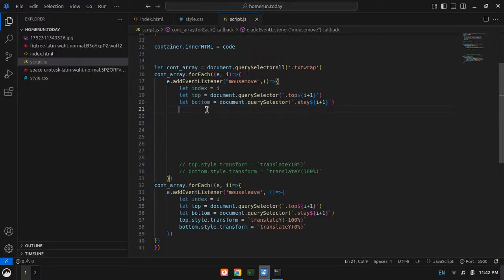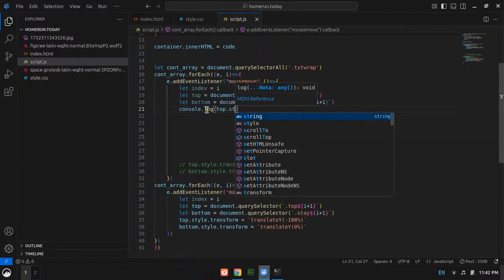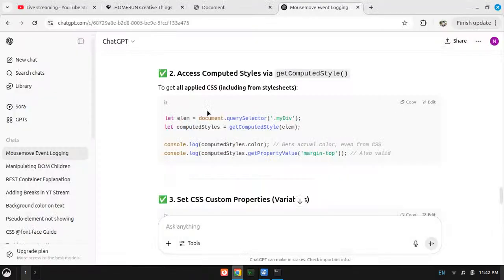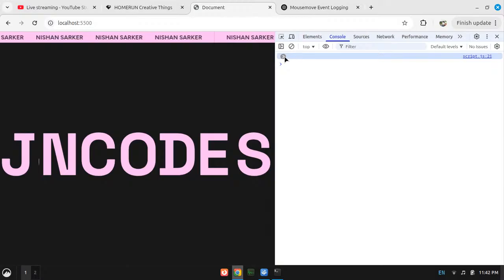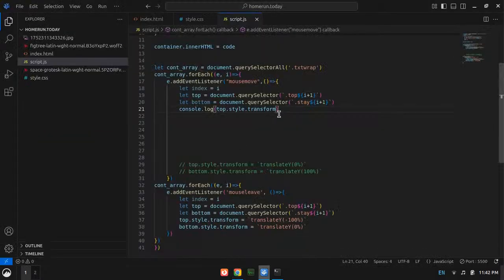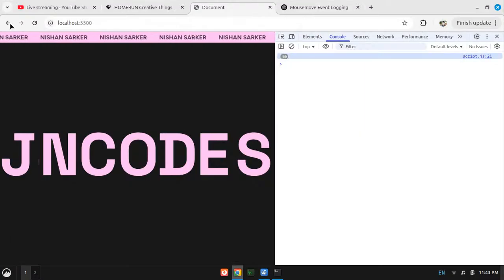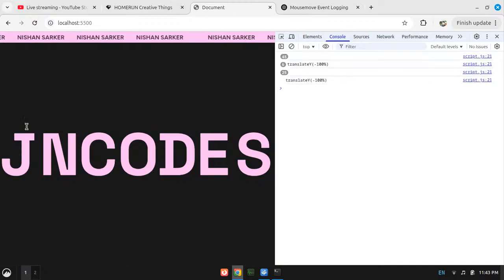Now what I need is console.log top.style.transform. Okay, right, then what do I get? Oh, okay. I have this thing, right? Translate y minus 100%.